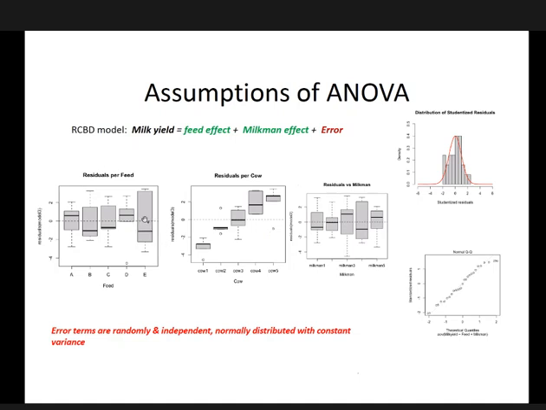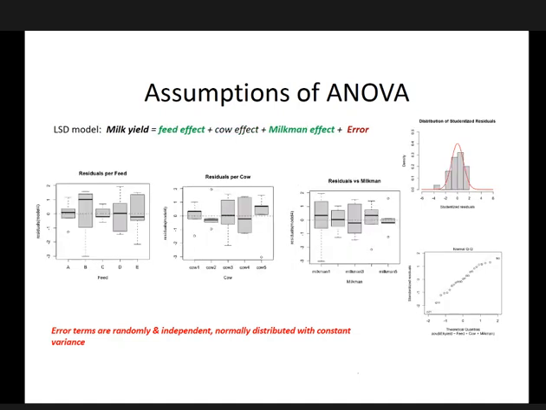Now I just want us to go and look at a complete Latin square. So when you go to a complete Latin square, you have the feed effect, you have the cow effect, you have the milkman effect, and then you have the error. So from here you can see